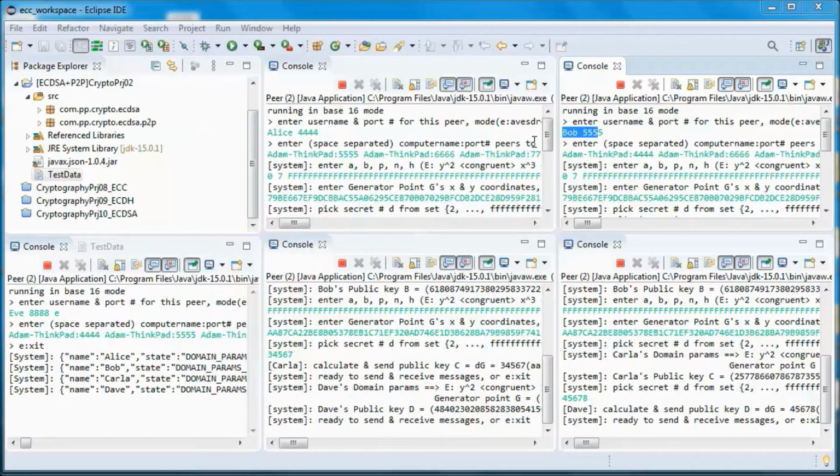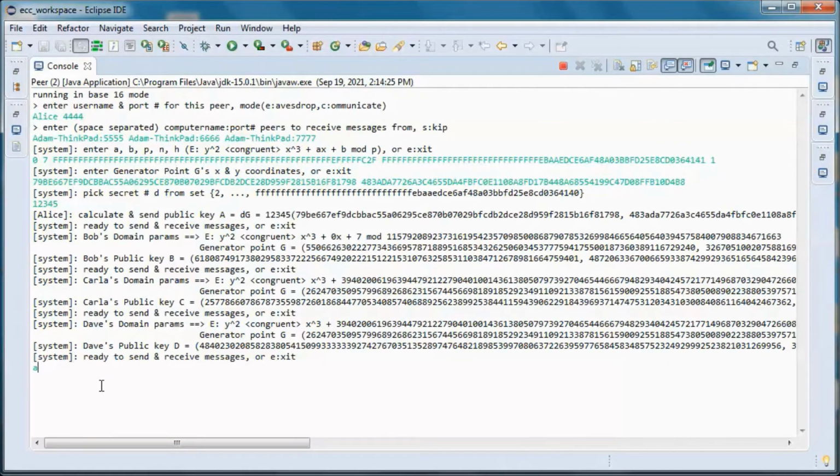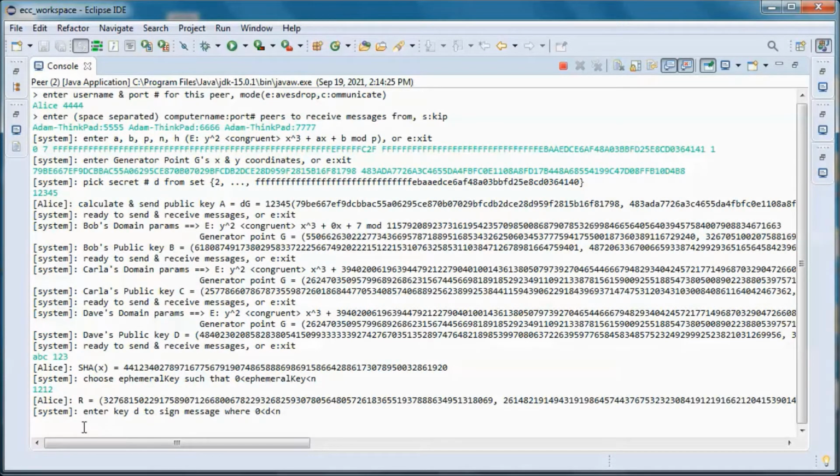And let's say that Alice wants to sign and send this message to the other three communicating peers. And let's say she picks this ephemeral key, and this is her private key, but let's say she enters an invalid key.